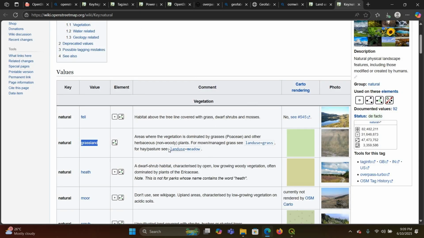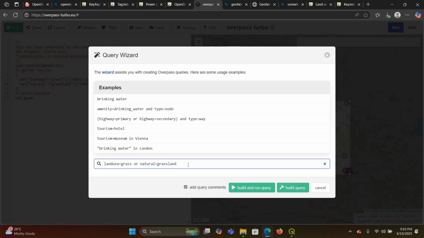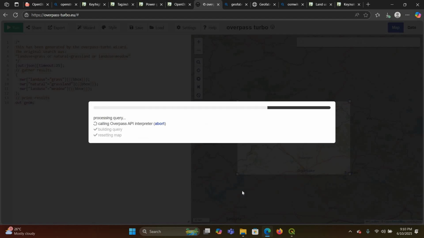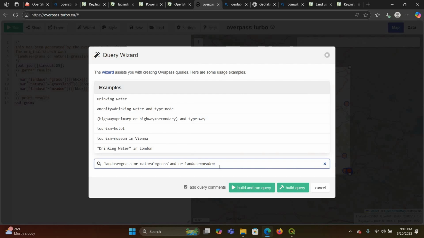Again, let's come back. Land equals video. Okay, let me copy it. Overpass Turbo, or, and again build and run query. Okay, this is the way to extract this information. Since we didn't see many changes over here,